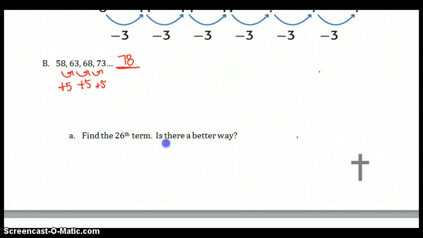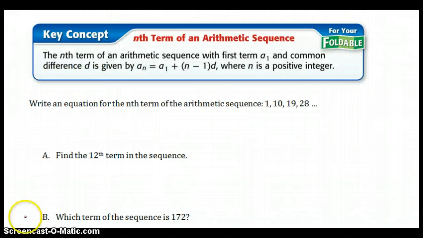And I think there's got to be a better way. Is there a better way? Yes, there is. So flip over to the next page, and that's where this formula is going to come into play. If you're looking for the 26th term, to prevent sitting there and adding 5 each time,